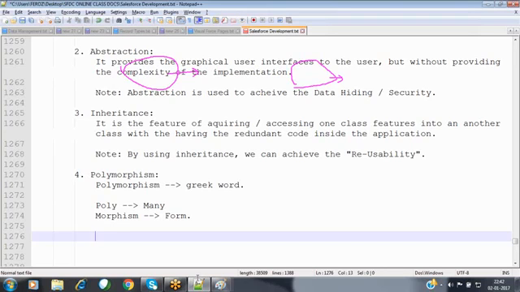So in this kind of scenario, instead of having different functions with different names, we are able to create multiple functions with the same name itself. Polymorphism provides the flexibility to define multiple functions with the same name. Then how can we differentiate them?